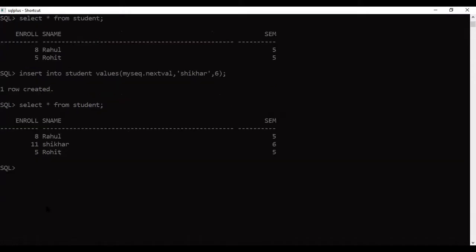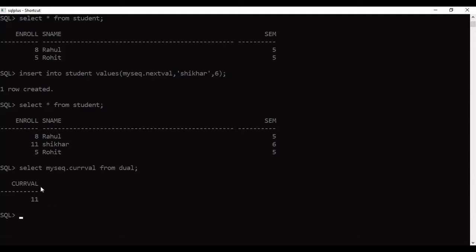Now, how can we get the next value and the current value of a sequence from the database? Whenever we create any sequence, it is stored in the dual table. So select my sequence dot curr val from dual.